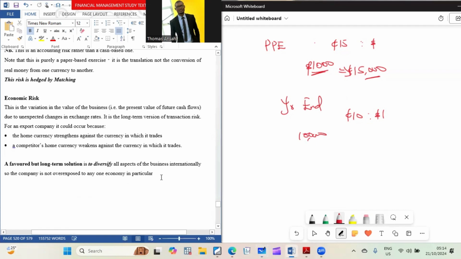Then the last one. If you want to do this one, you have to hedge by matching. I'll show you how you do matching. The variation also in the value of your business because of the present value due to unexpected exchange rate movement. Now,